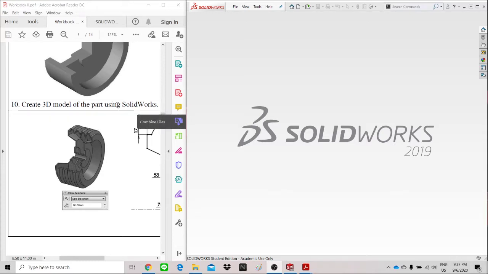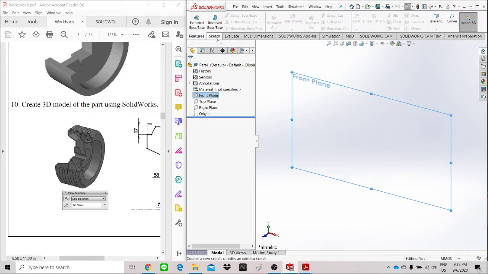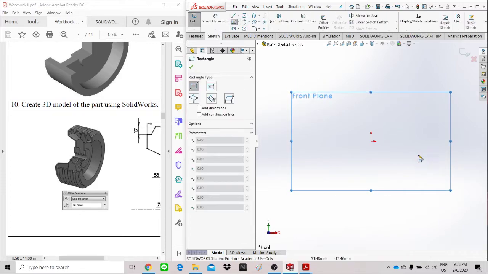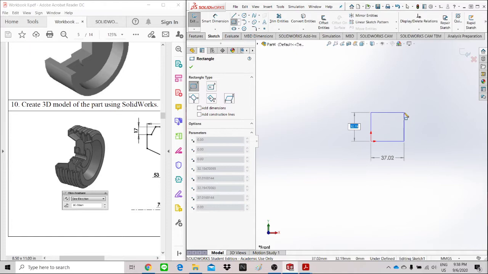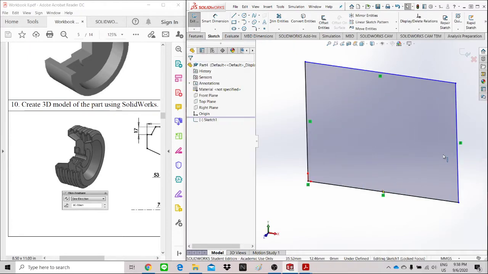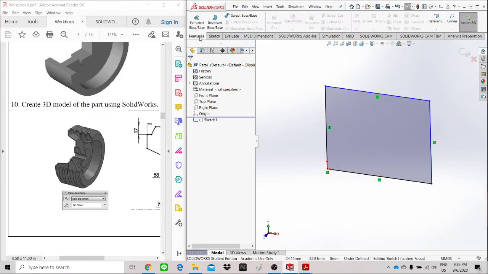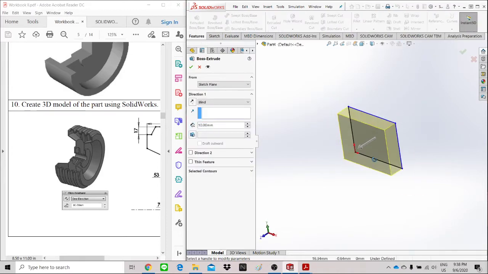Exercise number 10. We will create the 3D model of the part in SolidWorks by using Revolved. The Revolved is different from the Extrude. Let me show you how different. For the Extrude, if I sketch the profile of this part in a rectangle shape and then extrude it,